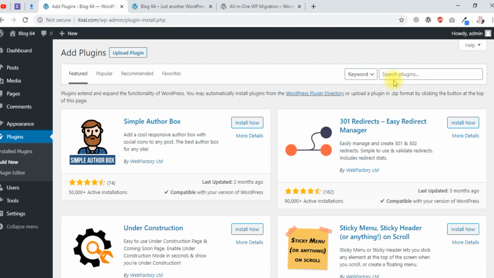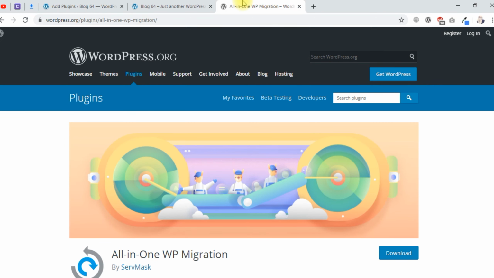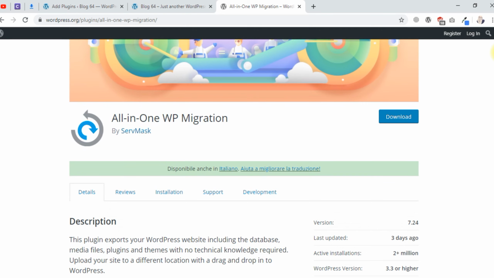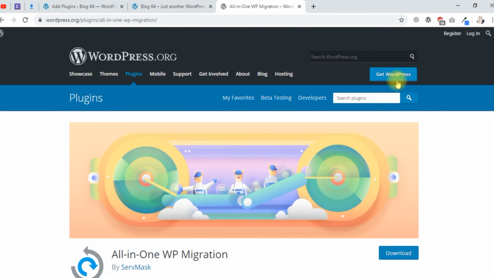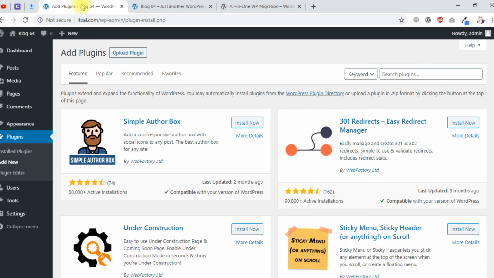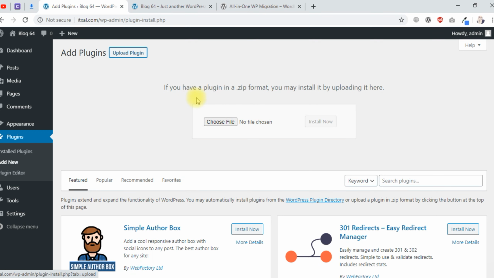You can simply search for the All-in-One WP Migration plugin here, or if you have already downloaded it from the WordPress.org official site, here you can see this plugin. This link is in the description below. You can easily download the plugin by this link. Okay, so I have already downloaded it, so I will upload the plugin.